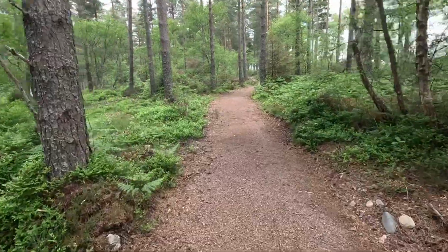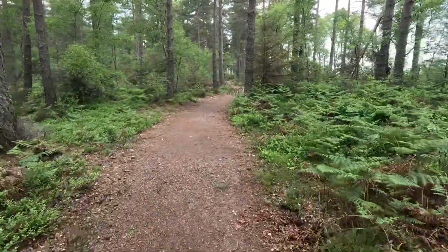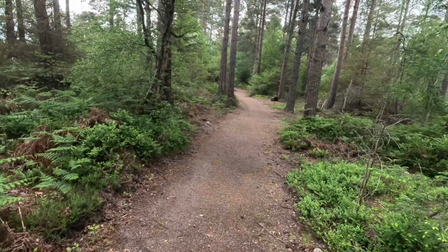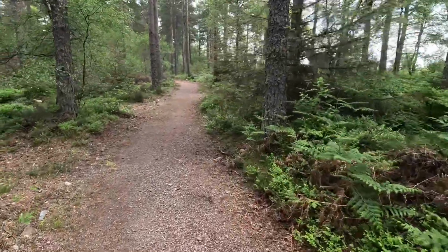This is the woodland section here, and there's a few segments up for grabs in here. I've got a feeling that the crown I have will be gone on it. That's a really fast bit as well, because it's kind of net downhill, but it's a really pretty bit. This is the little trail bit of it, and this is actually where